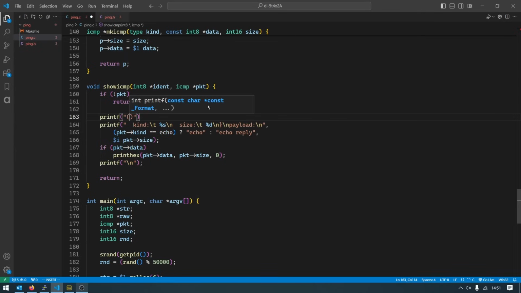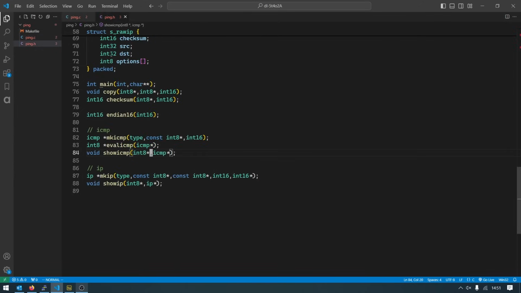So this is an ICMP star identifier is equal to this, and this is the identifier. And now to the cool part, let's create a